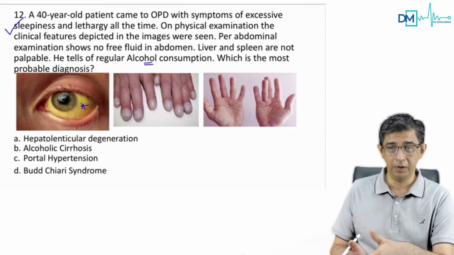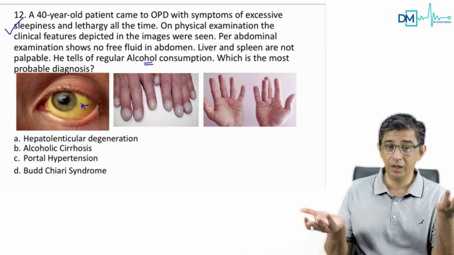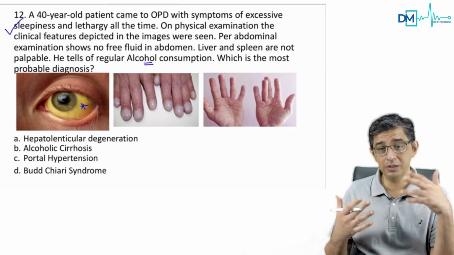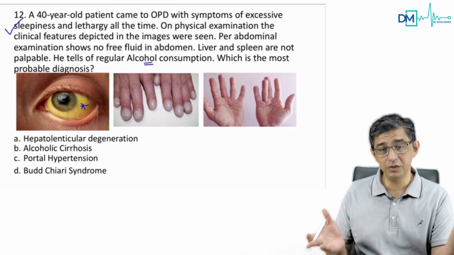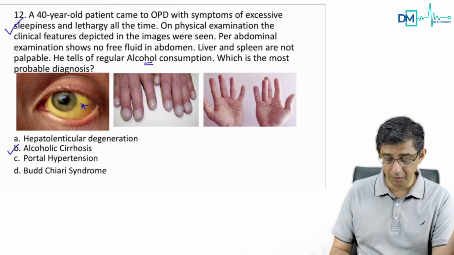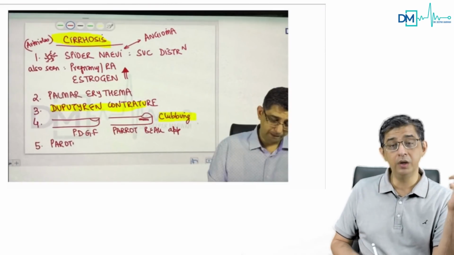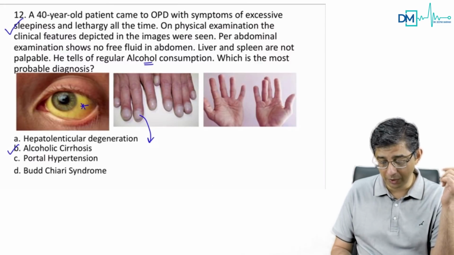An alcoholic man feeling lethargic for most of the day because he had damaged his liver. He's having jaundice because his liver damage has decompensated. So what is the presentation, guys? It's a decompensated alcoholic cirrhosis. And what is the second image showing? I have highlighted this in the app, you can see through the discussion. There is clubbing, and that's the clubbing manifestation.